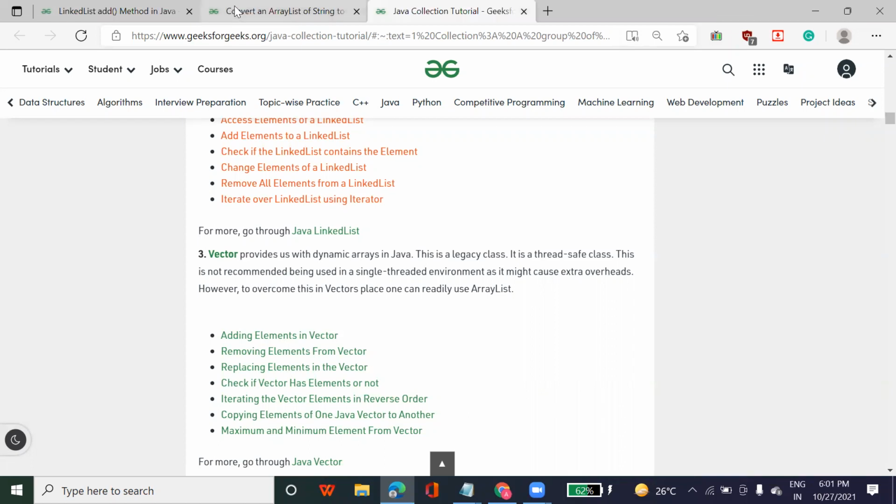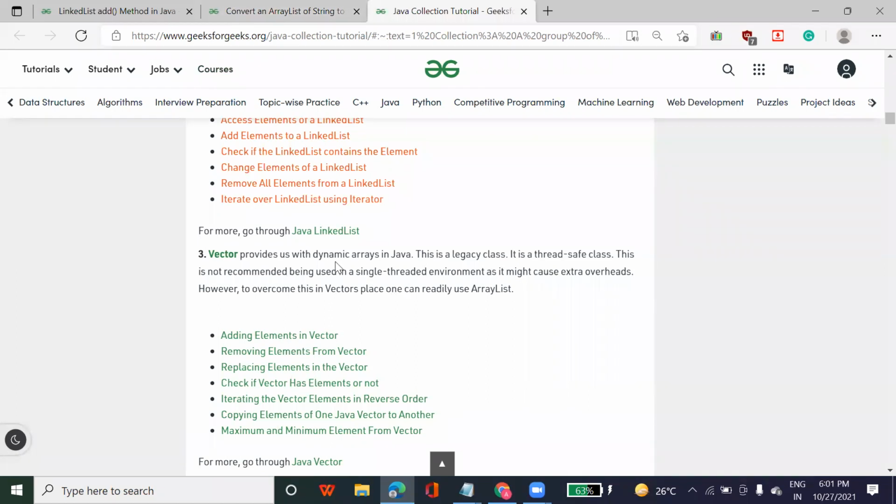We can change the elements at runtime. Yes, dynamic means they are not static. Means there is no fixed size there. You can change the elements. You can change the size of an array as well, because based on the condition, based on the requirement, you can change the size of an array.